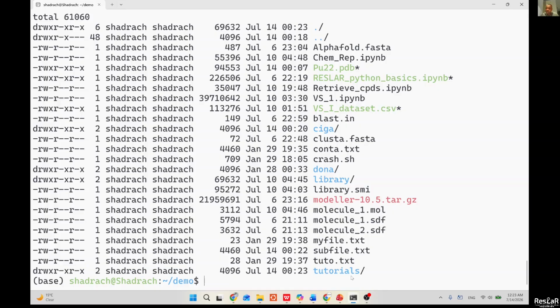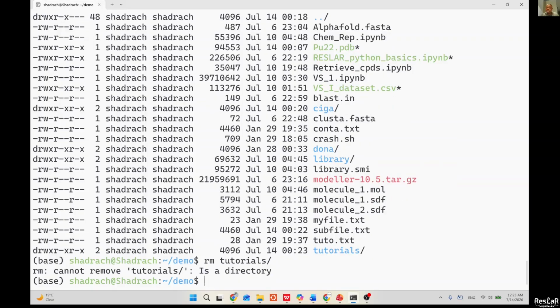Next thing, how do we delete it? To delete a folder, we use the remove command, rm. Now, because it's a folder, there is a checkpoint on it. I mean, yeah, there is a checkpoint. So you cannot just remove a folder. You need authentication. Now, if you do remove tutorials,